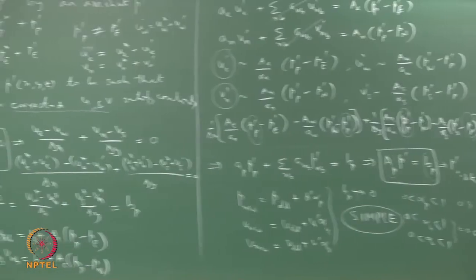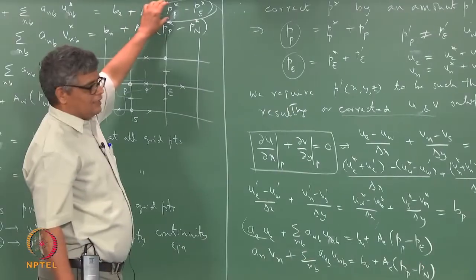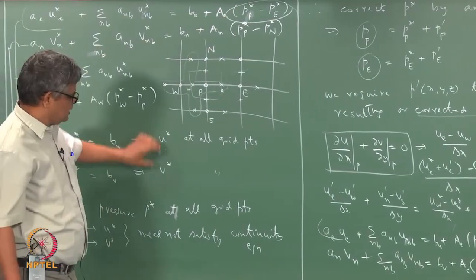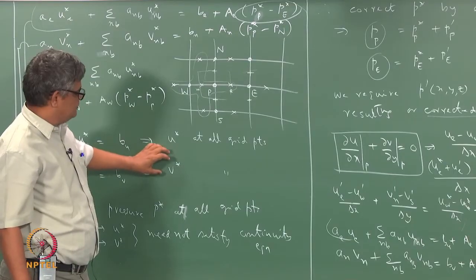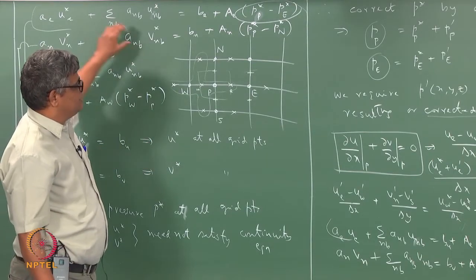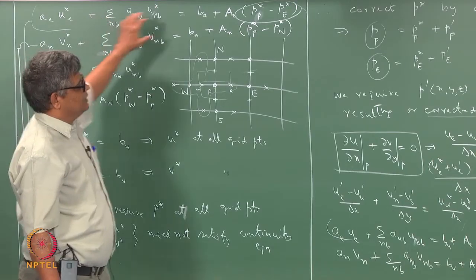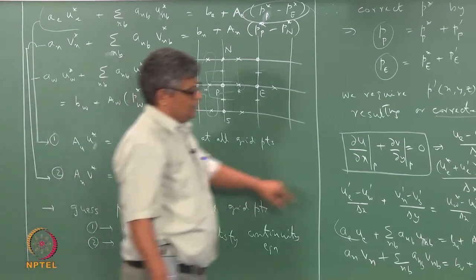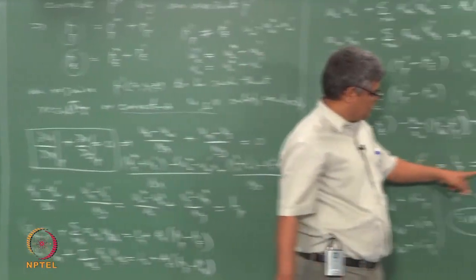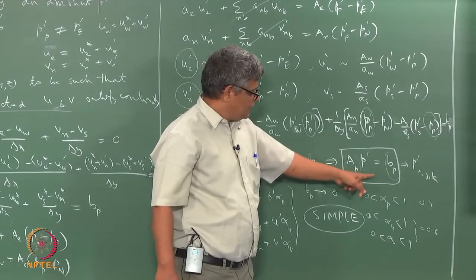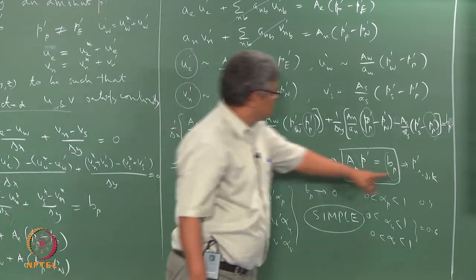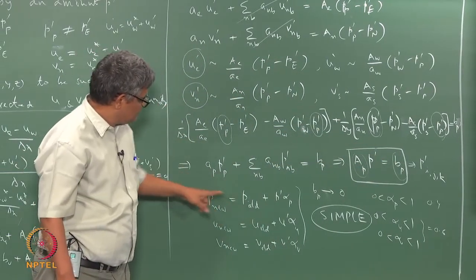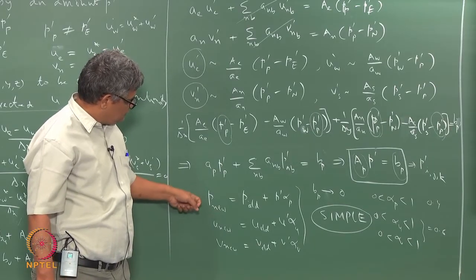loop, starting with a guessed or old value of pressure. We get old values of u star and v star, which satisfy the discretized momentum equation with the old pressure field, and using this old u star and v star we solve the pressure correction, and then we get pressure correction at every point, and using the pressure correction we evaluate the velocity corrections, and using these under-relaxation formulas we update and get the new values of P, U